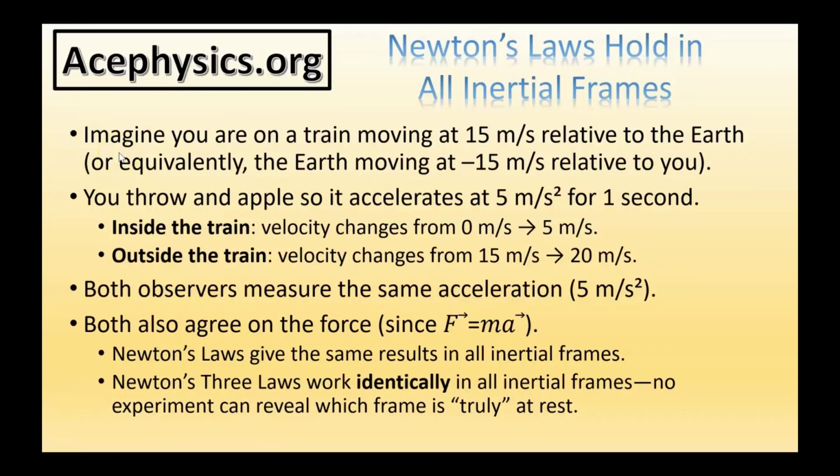Imagine you're on a train moving at 15 meters per second relative to the Earth. Or equivalently, the Earth is moving negative 15 meters per second relative to the train. While you're sitting on the train, you throw an apple so it accelerates at 5 meters per second squared for 1 second. Inside the train, you see the velocity change from 0 meters per second to 5 meters per second relative to you. An observer outside the train sees the velocity change from 15 meters per second to 20